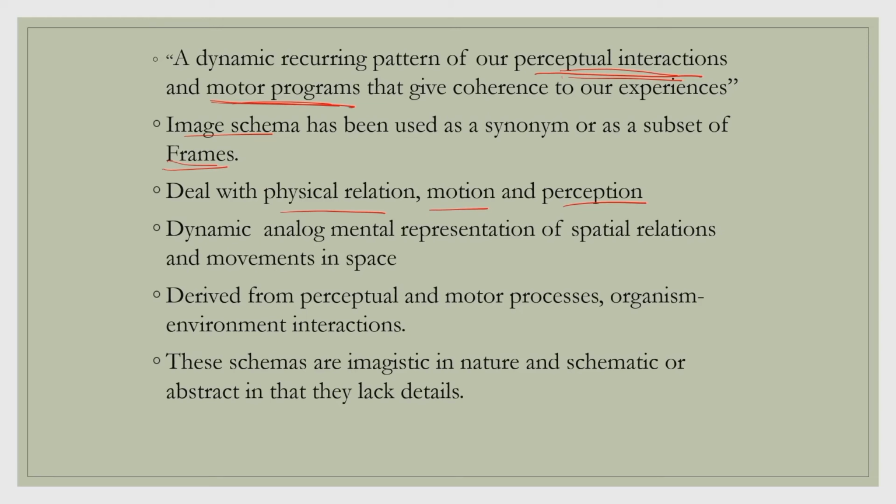This is something we have already seen. These are the definitional aspects as it stands today. These are imagistic in nature, and it is schematic. For example, we have been talking about movement. Let us say there is a source and there is a path and there is a goal. So, this is the image schema of source, path and goal, which is at the root of our understanding, our recurring pattern of movements,